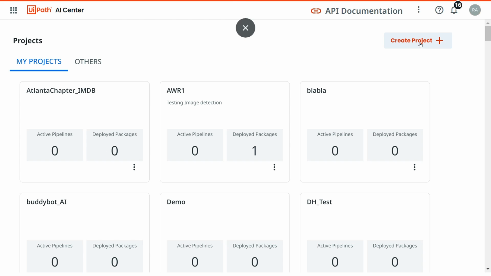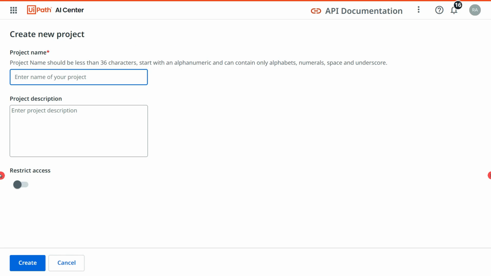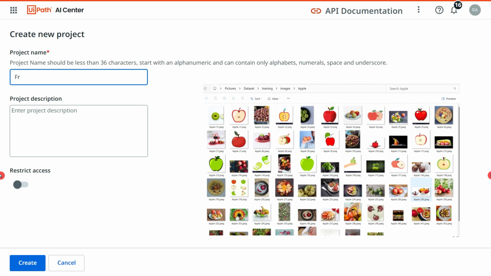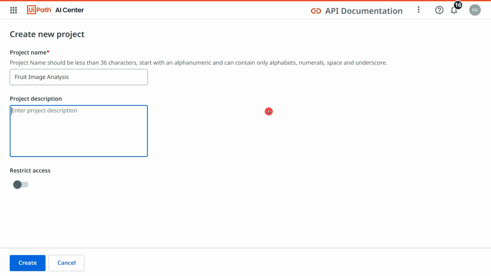And here I can create a project. Pretty simple. So click on create project and give some name. Because this is for the fruit image analysis, I'm going to say fruit image analysis. And then you can provide some project description. I can say using UiPath AI Center machine learning packages, we are going to test and develop fruit image analysis